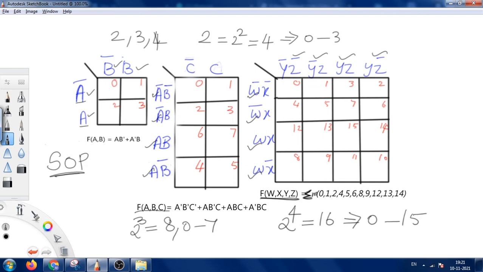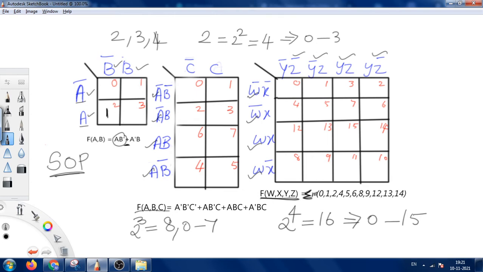Now here this is one product a b bar, this is another product a bar b, and this plus adds the two products a b bar and a bar b. So this is called a sum of products function, shortly called SOP. Now for the presence of one component, we have to fill the value in the map. So what is a b bar? Here this is a and this is b bar, so this value is present.